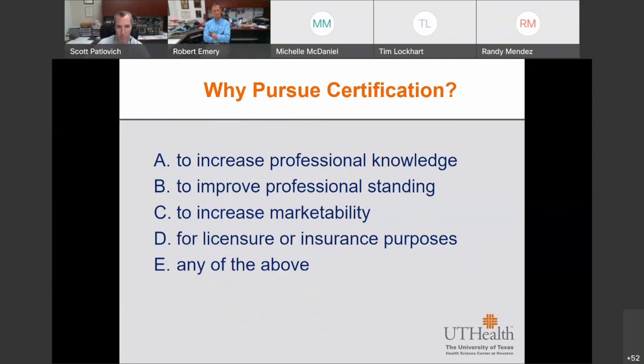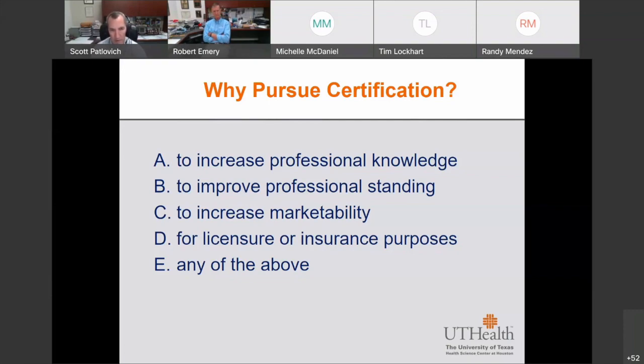But why should you even pursue professional certification? It's important within the health and safety field in a number of ways. Certainly you want to increase your own personal professional knowledge. When you go through the competencies list for a specific credential, you are able to do a gap analysis and obtain additional education or experience before you apply and sit for the exam, so you can increase your professional knowledge. Certainly you improve your professional standing when you have these certifications. Again, you're recognized by your peers as competent in a specific area of health and safety.